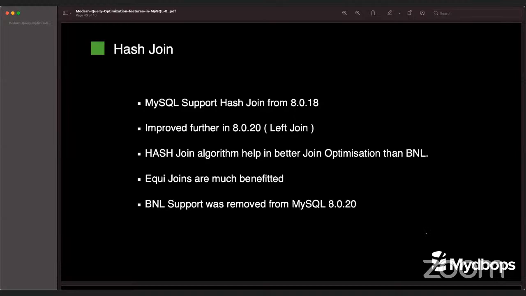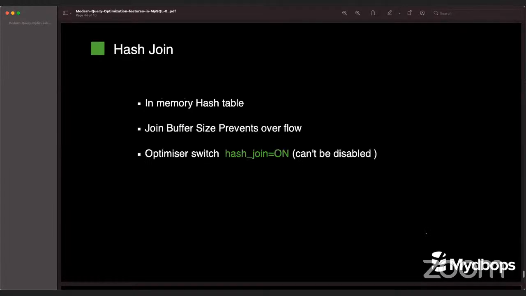So BNL, previously it was the BNL, that is a block nested loop. Now it is completely removed out. The support for BNL is removed, and it is only the hash join that is there. So of course, as I told you, it's an in-memory hash table, and the default